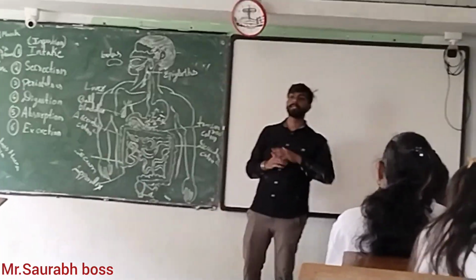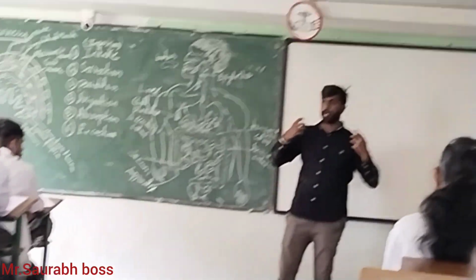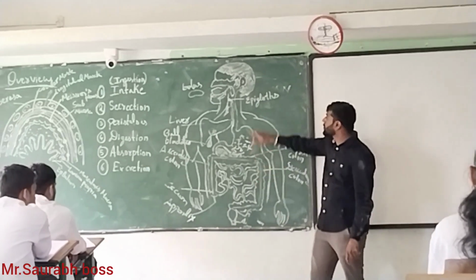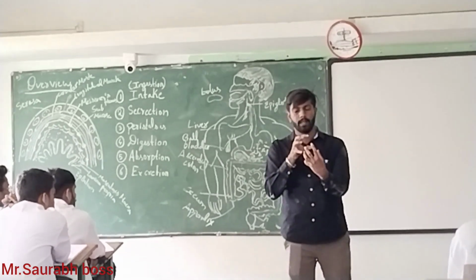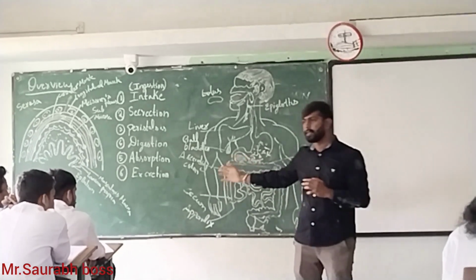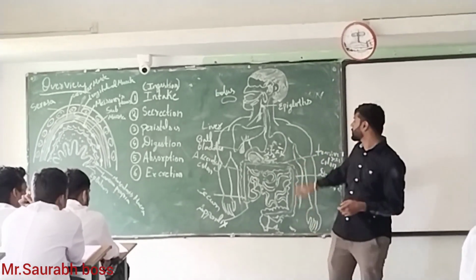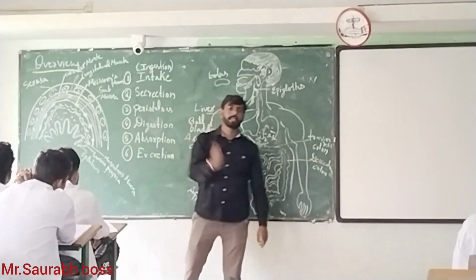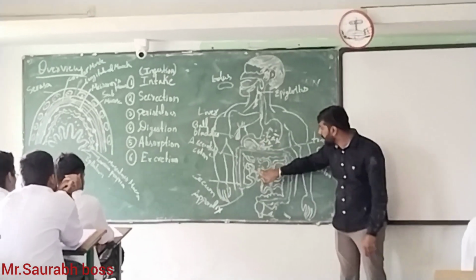I am telling you it is stratified, meaning more layers. If it is a single layer, while you are eating it can tear, correct? Because it has more layers. Then it is a squamous epithelium. So this bolus, whatever you are trying to swallow, that bolus is a hard mass. So whenever you are swallowing it, the mucosa inside should be non-keratinized and stratified. Okay? So that's why in the esophagus, what type of mucosa do you have? Non-keratinized, stratified, squamous epithelium. Okay? But in the stomach and the intestine,